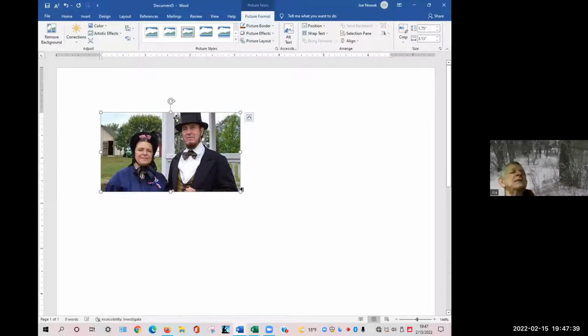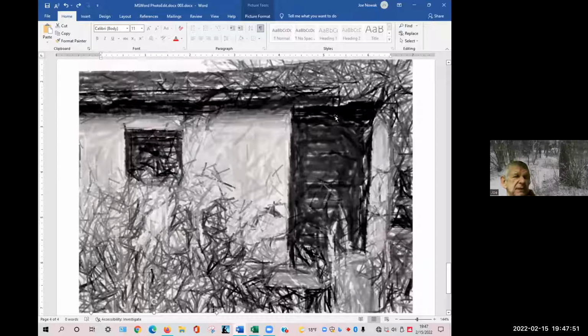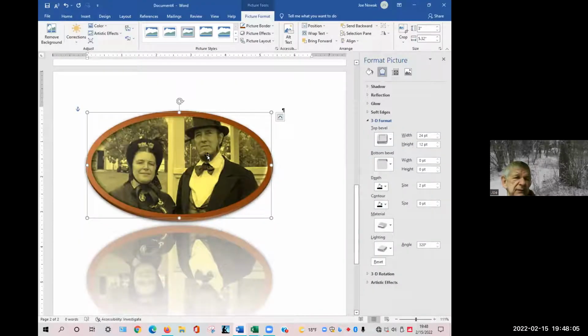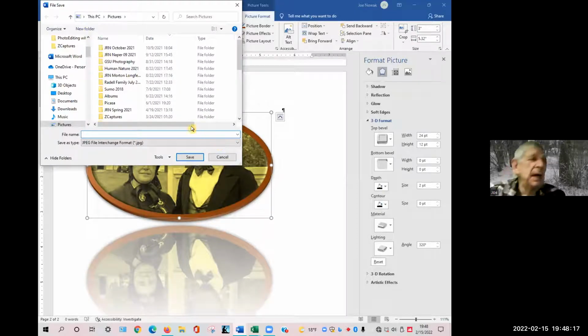Yeah, because when I did the image of the garage there, I saved that just the way it is there, and it saved fine. I don't know why the other didn't save right. I may have done something in the process that didn't allow me to save it correctly. Let me try this again. Save. Save as picture. And once again, go to